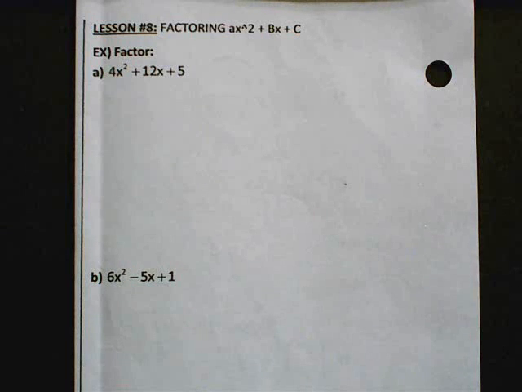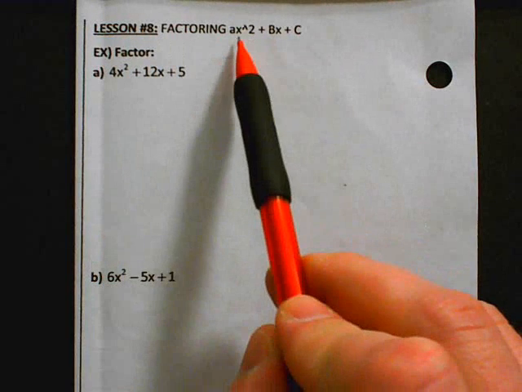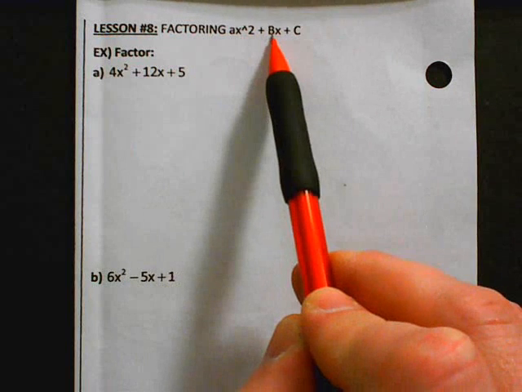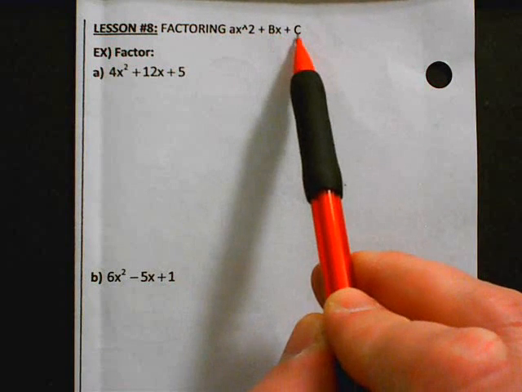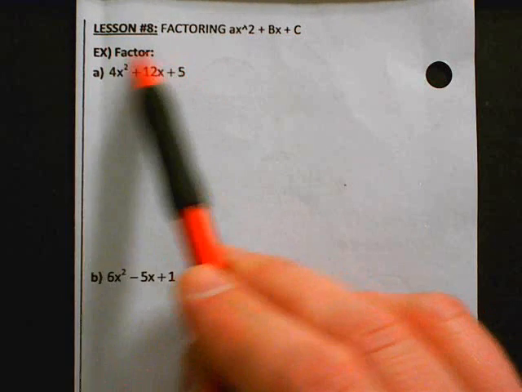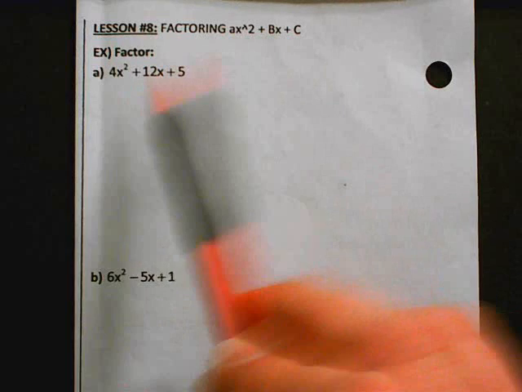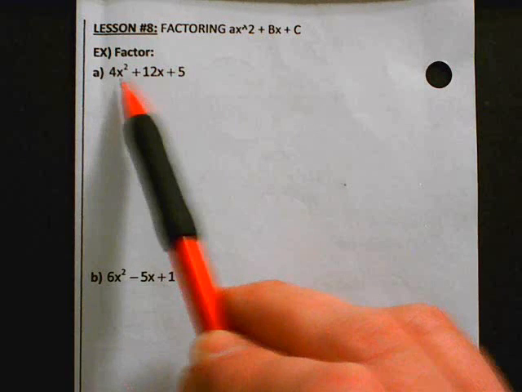This is going to be lesson 8, factoring trinomials. And the trinomials we're going to factor have this format: a number in front of the x squared, a number in front of the x, and a number without x. So let's, for example, take this problem right here. This problem falls into this category because there's a number with the x squared, a number with the x, and